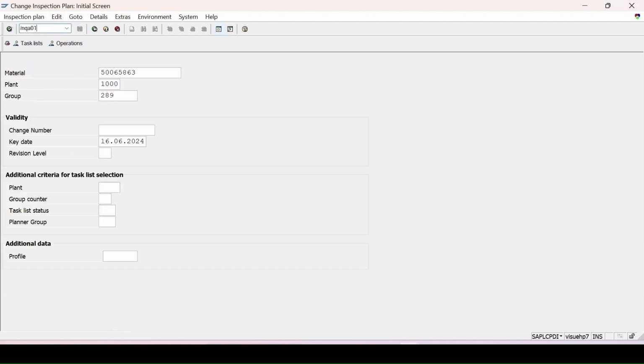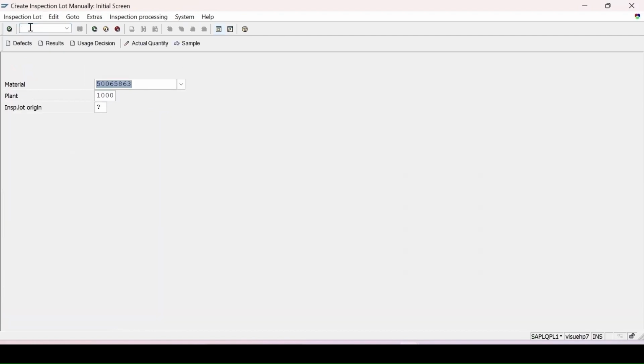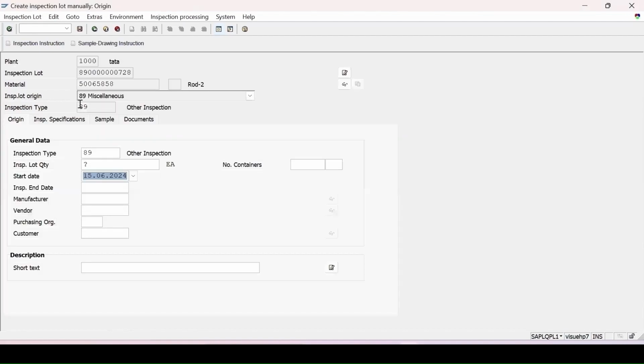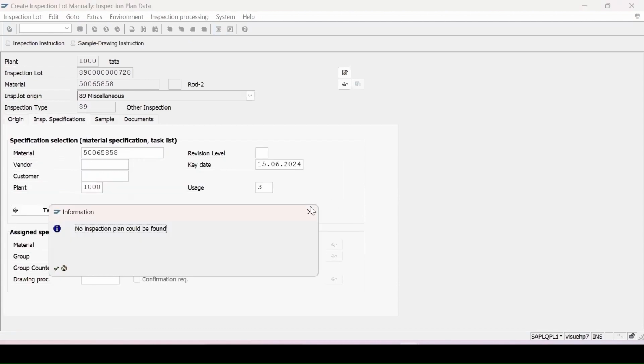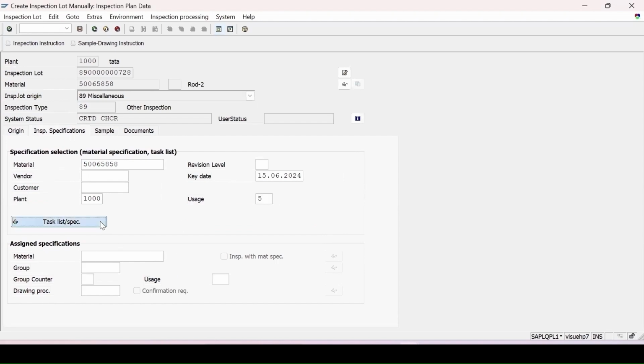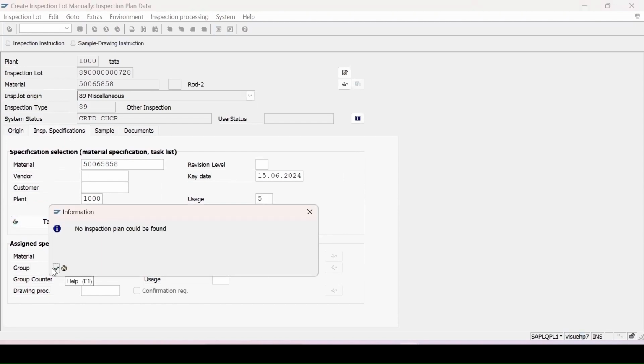QA01. Enter. Material is this, I am creating an 89 lot. Enter my plant 10. Press enter key. Key usage is 5. So click on this. Okay, date is,